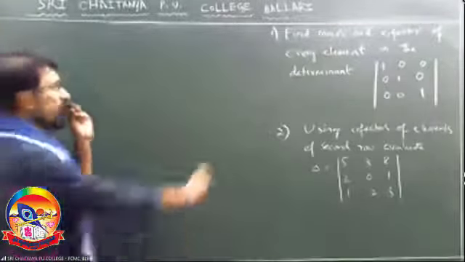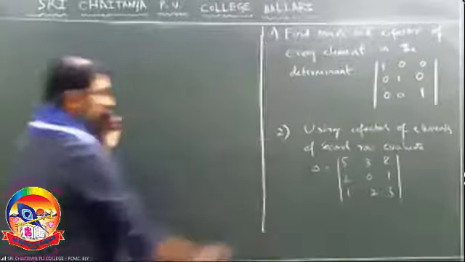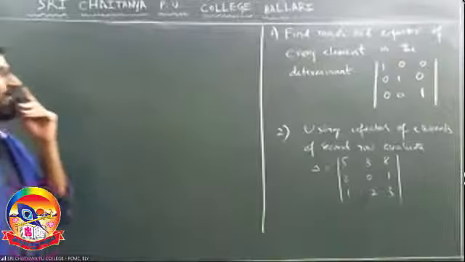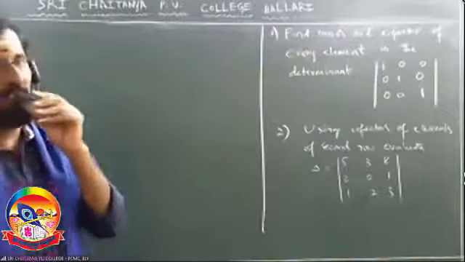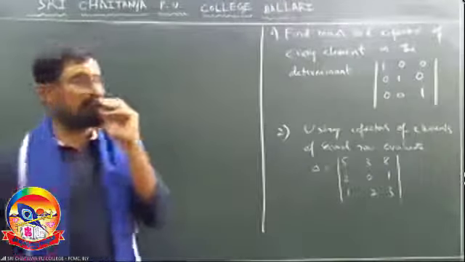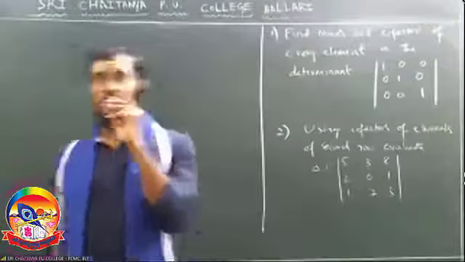Observe the first problem. Find the minor and cofactor of every element in the determinant that has been given to you directly: 1, 0, 0, 0, 1, 0, 0, 0, 1, right? Now,